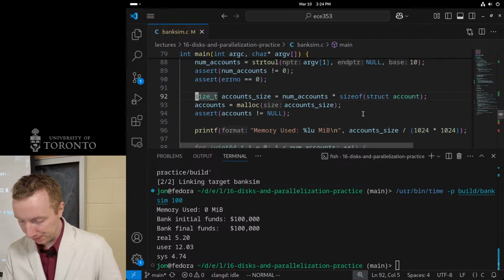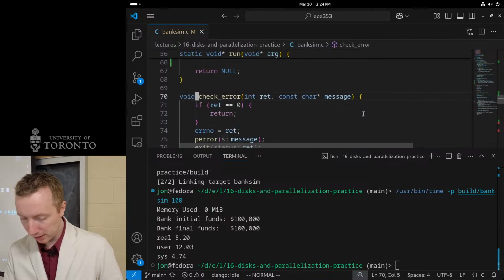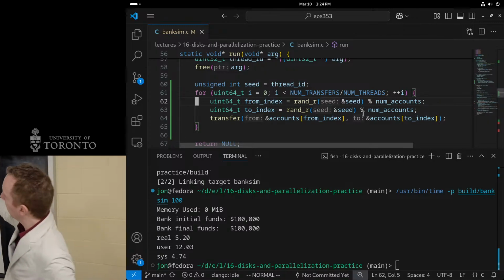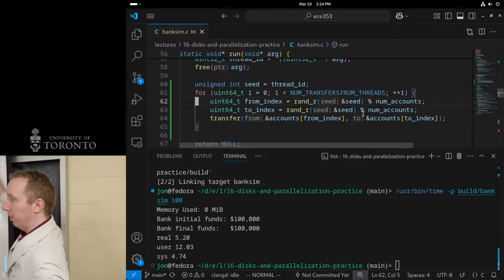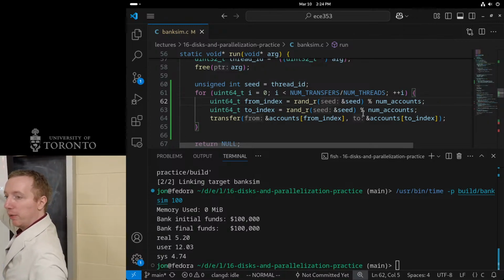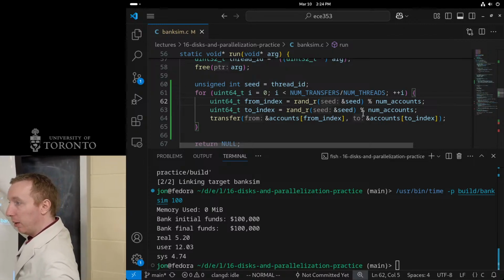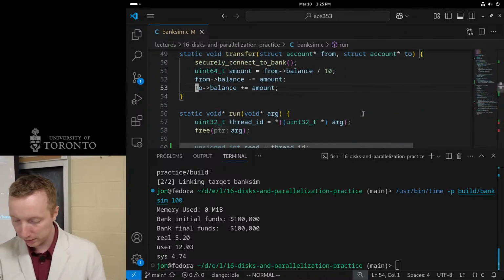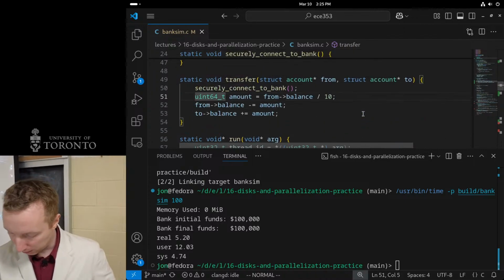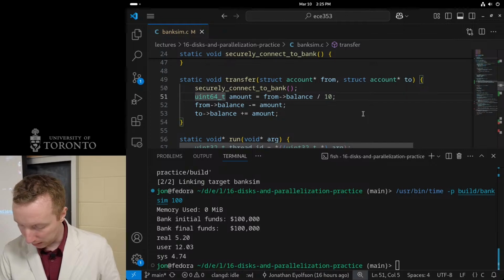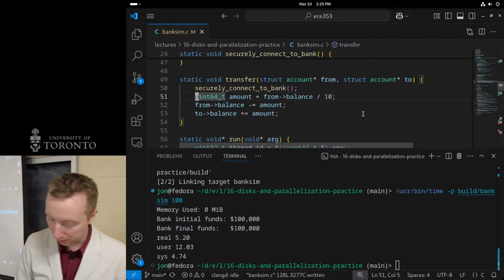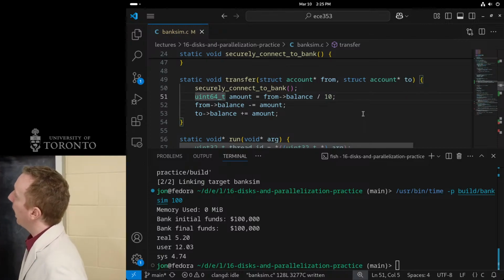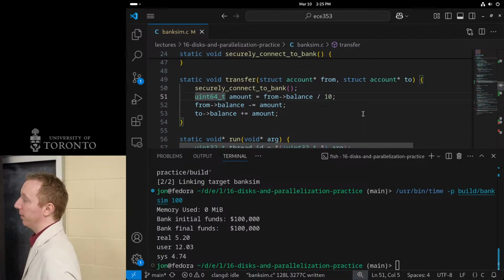Now what? I don't need to use the mutex for this part, right? We already fixed this part, no data race with this part of the code. The problem was in transfer, right? So this is all good, no data races. We're concentrating on this. So now we have a mutex for each individual account. So what code should I add to make this now thread safe?